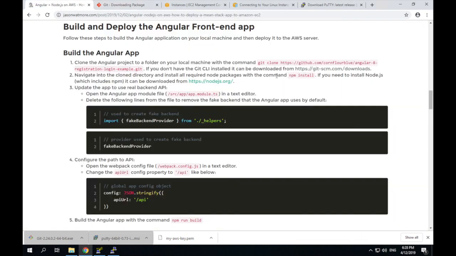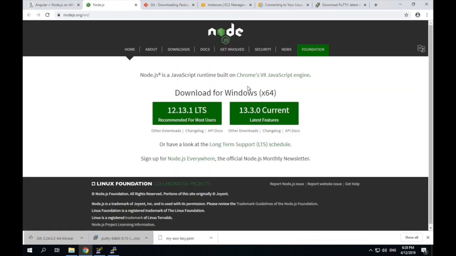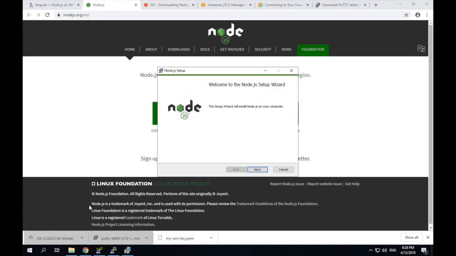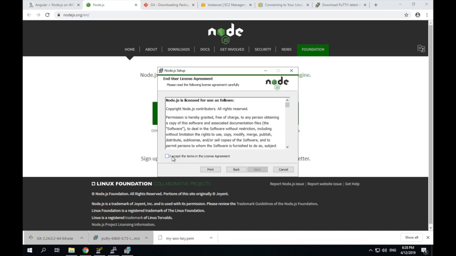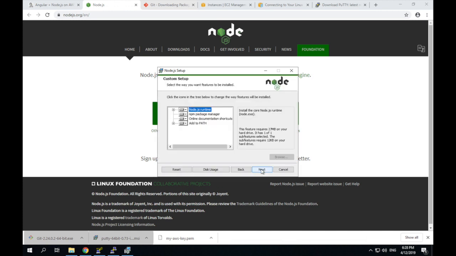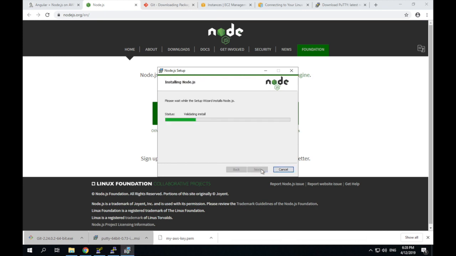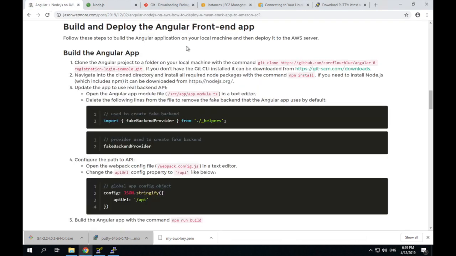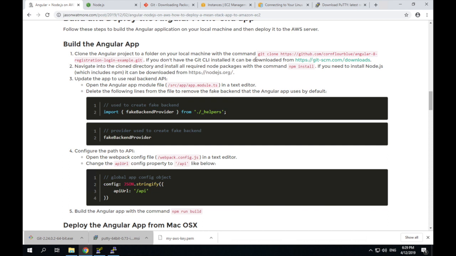I know that I'll also need to install Node.js in the next step, so I'll jump over and do that now. Again, all the default options are fine for this. Okay, now we've got Git and Node both installed. We can go through all of these steps. So first thing, let's clone our Angular project. So copy that